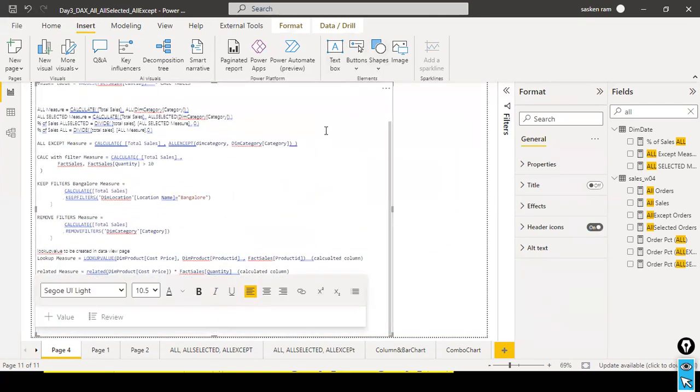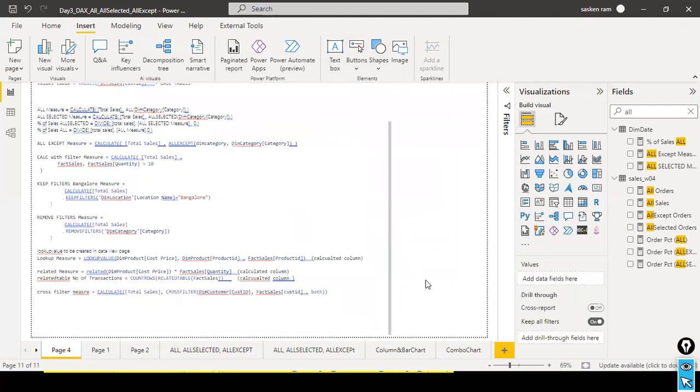Okay, and you don't have to spend time typing all these things. Simply you can copy paste it from here. And also it helps you to understand what logic I used. For example, we have the related measure and all the things, right? You'll be able to understand once you start working on it. And the next thing is